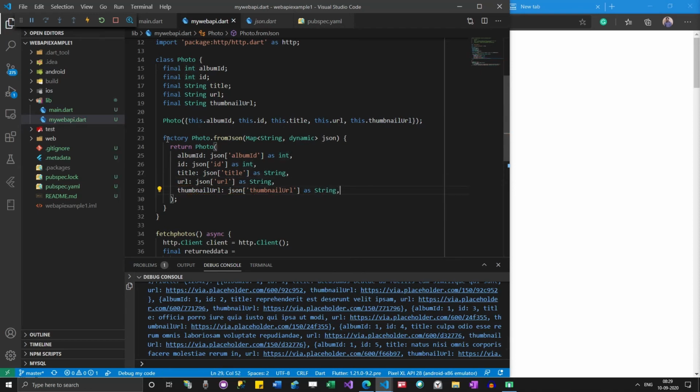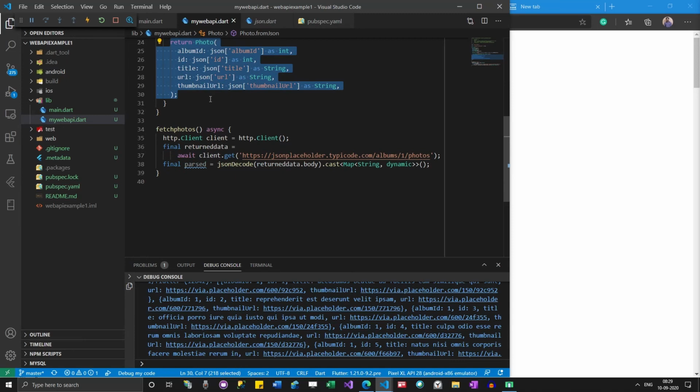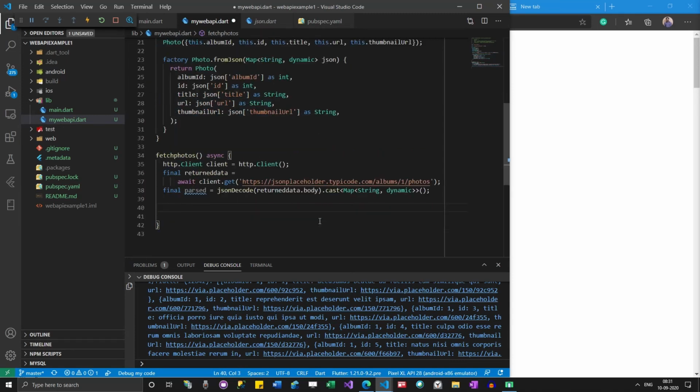So just imagine this: whenever you get some data, before using it, it has to be processed, right? So we are taking this Map of String, dynamic, each photo, and then we are processing that and returning it as a Photo. Okay, so how we can use that is, now we need to go here.